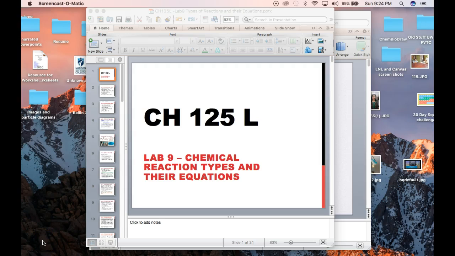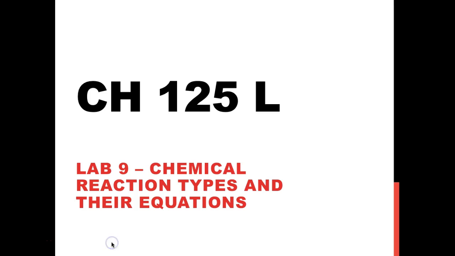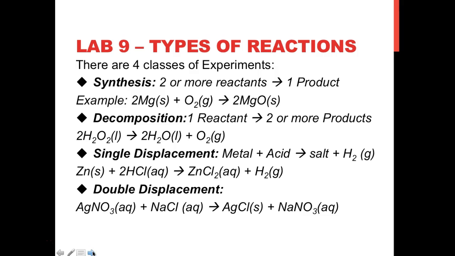In this video, we're going to be discussing Lab 9, chemical reaction types and their equations. There are basically 4 types of chemical reactions that we're going to be discussing in this lab. The first is synthesis. Synthesis is where you have one or more reactants and you form a single product,